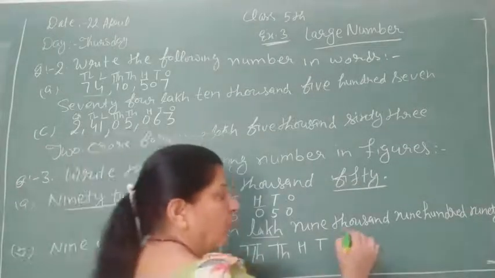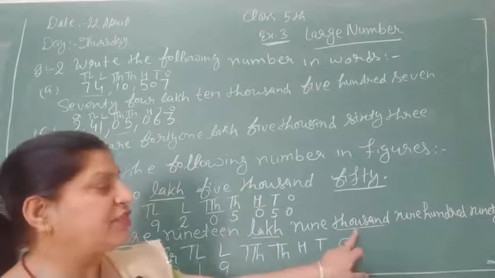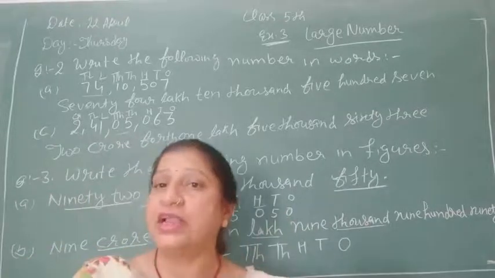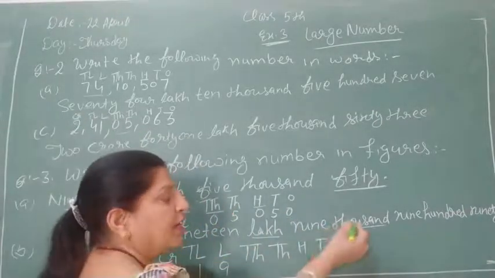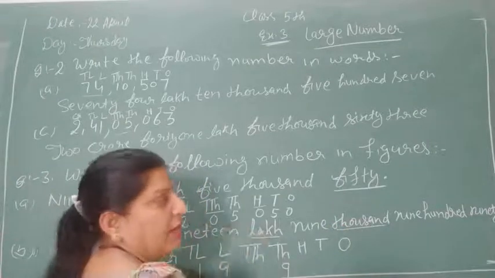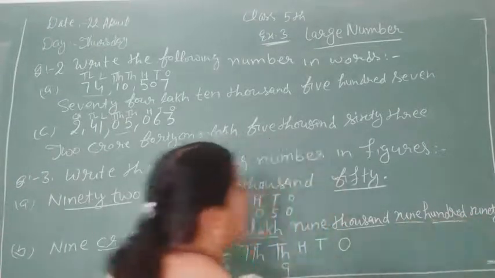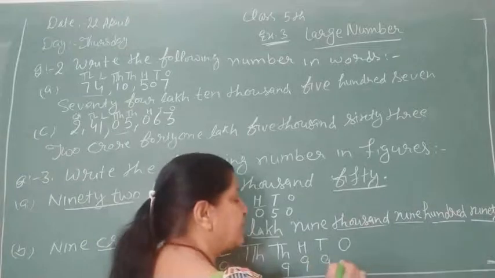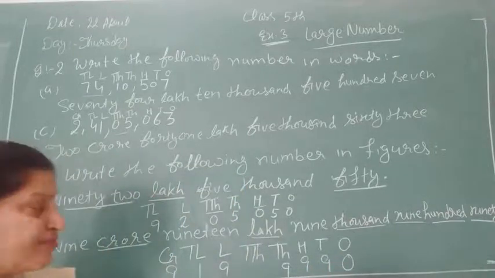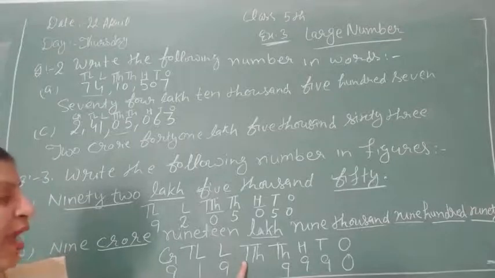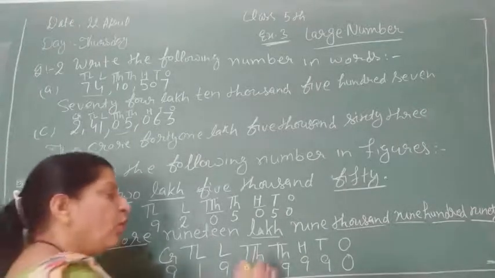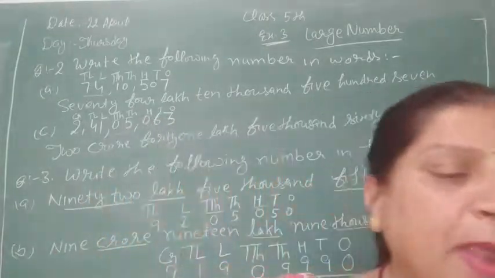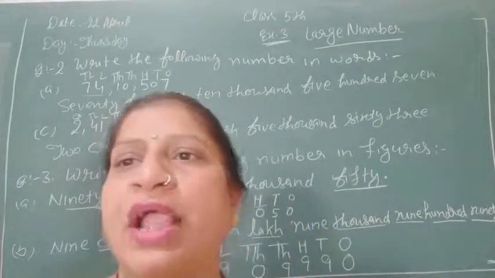Now we go forward, and here we see that it is the place of 1000, and this number is 9. And 9 is a single digit number, so we write 9 under the 1000 place. Now the next number is 9, under the place of 100, and the next number is 90. 90 is a two-digit number, so we write like this. Clear? Now our ones place is blank, and this place is 10,000. So to fill this place, we have to put 0 here. Clear? Now the rest of this question you have to do like this.